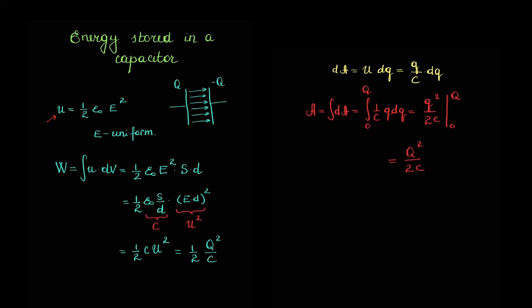Then the potential energy is just the work which is done by the external forces to charge a capacitor to a charge Q, and it's just Q squared divided by 2C, or C U squared divided by